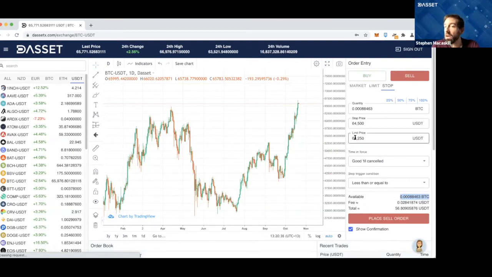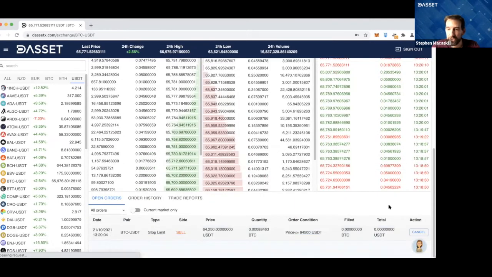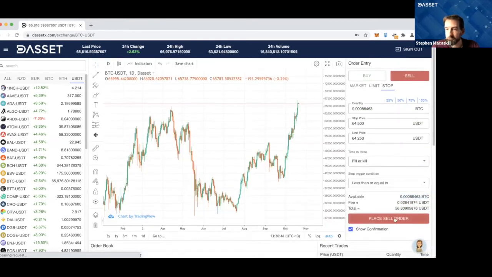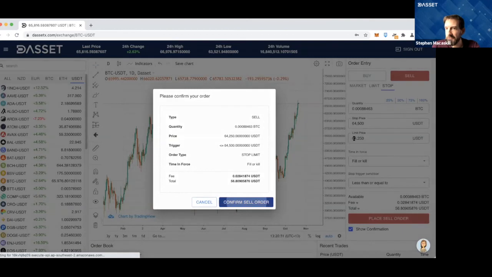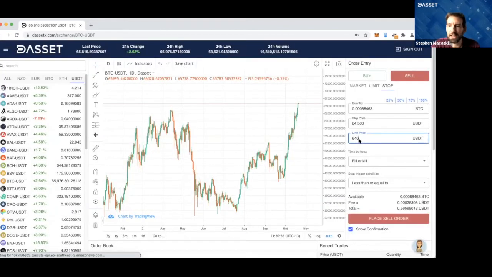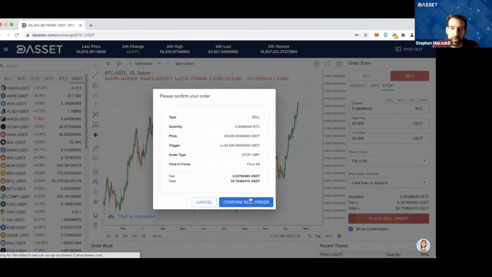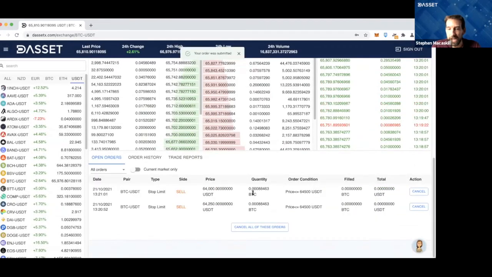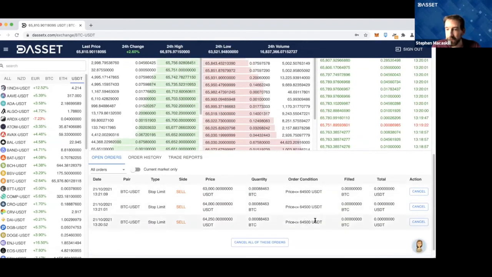What I could potentially do is cancel this order. Let's do a fill or kill and submit this. I'm worried that if the price is just dropping like a rock, then I'll place another fill or kill order. And if the price is moving even faster than I think, then maybe I'll do a third one just to make sure. So now, if the Bitcoin price drops below 64,500,